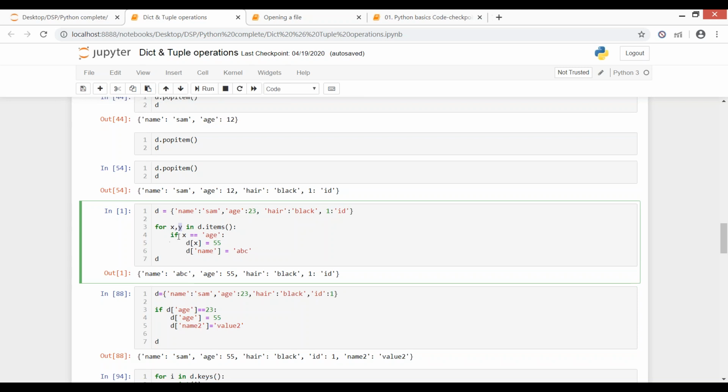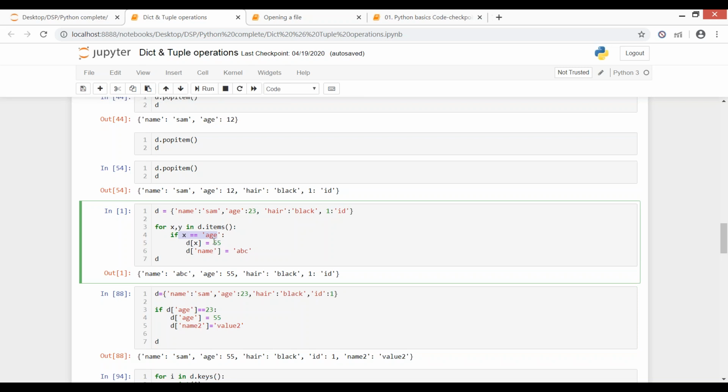So I've checked that if the key is equal to age, then this is how we update a value: just given the key name, I'm giving a new value, which overwrites my existing value. If x is equal to age, then d square bracket x means d with age in the brackets.